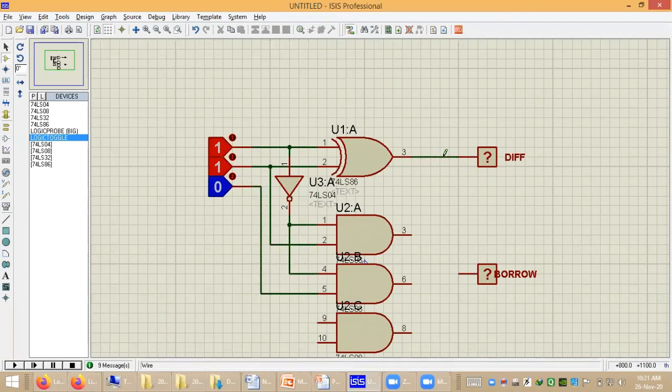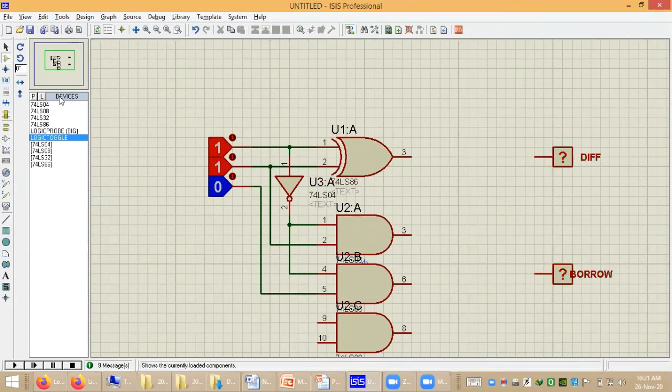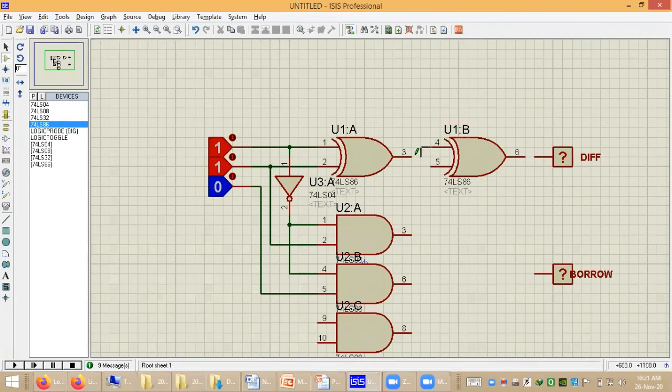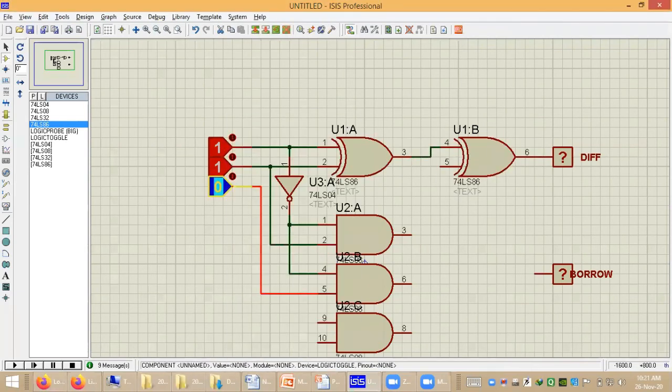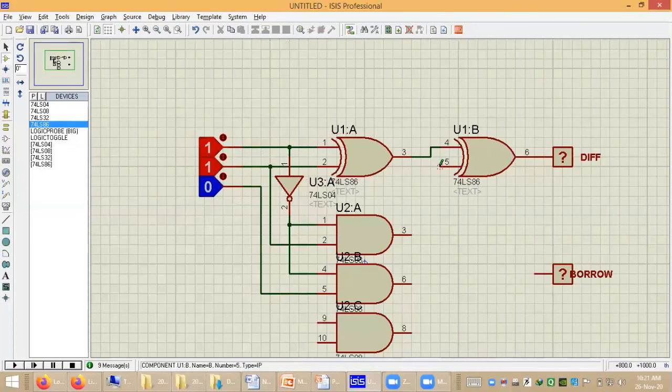One more XOR gate, 7486, is required here, right? This is the third input.